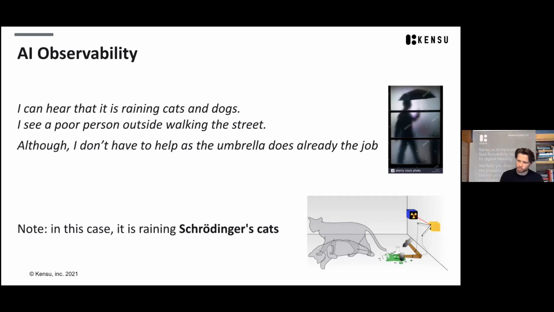And actually the cats which are raining are Schrödinger's cats, right? So you know the story of the cat. This poor cat has died, I guess, a million times now. There is a box, you put in a radioactive particle, you put in the poison. If the Geiger sensor detects radioactivity, the poison flask is broken, so the cat will die. That means that after a certain point in time, you can consider the cat both dead and alive, right? Because both the radioactivity or the flask can kill it.